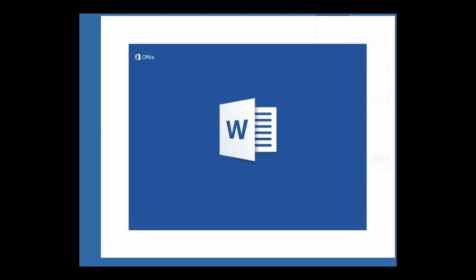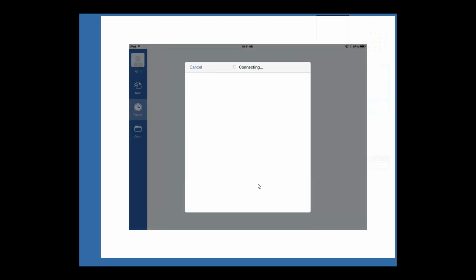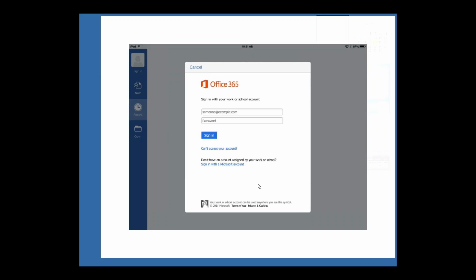This happens to be the iPad version. I believe there's an Android version of it as well. I can go open this up in Word, and as we wait for it to open, I can make edits to it. Oops. It's probably going to make me sign in. Or will it automatically know? No, it doesn't know. I'm going to skip this part. But what I can do is if I were to sign in here, it would allow me to edit the